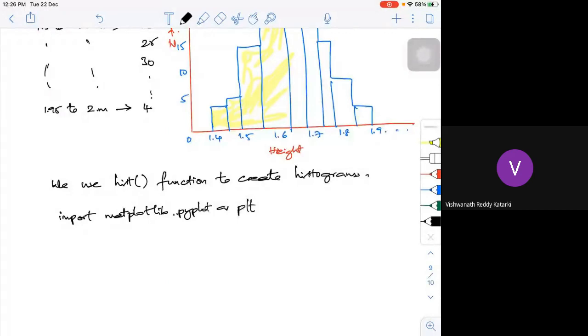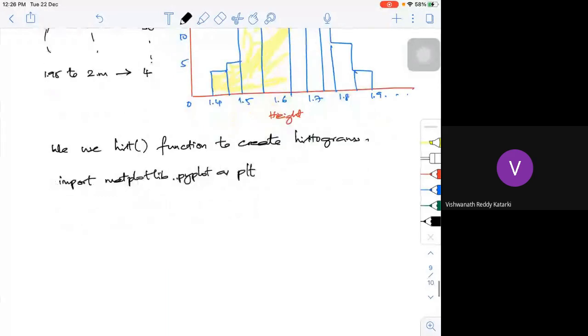Then if you are using mathematics, I can import NumPy. Then I should be able to have the data. What should my data be? Say, what data I want to put on the x-axis and on the y-axis. If I put height, let me put HP.